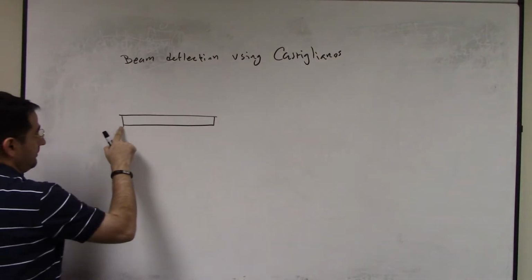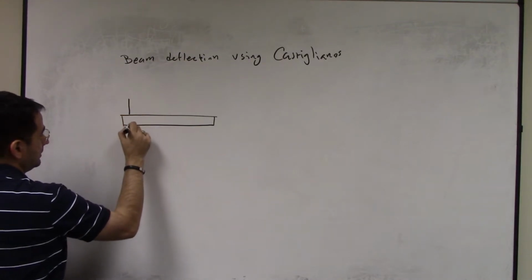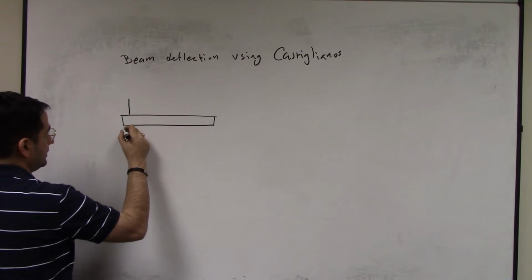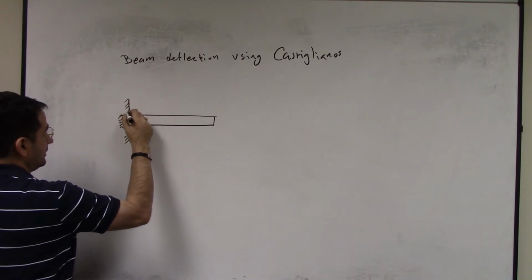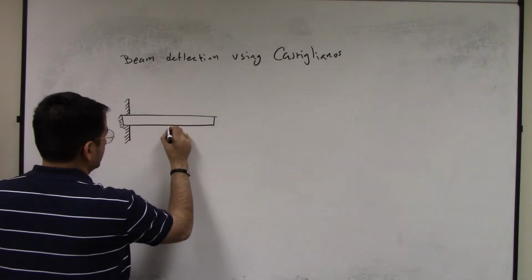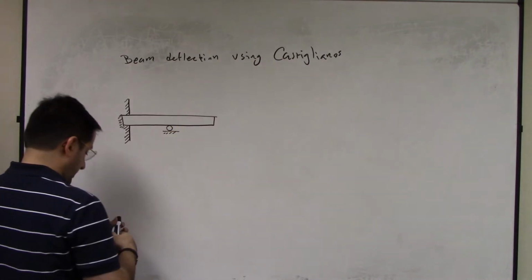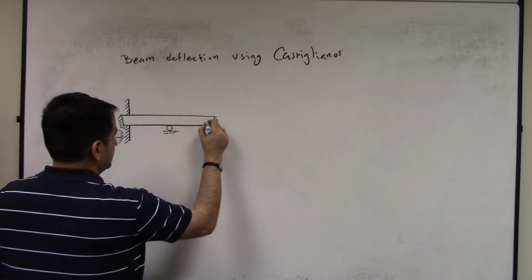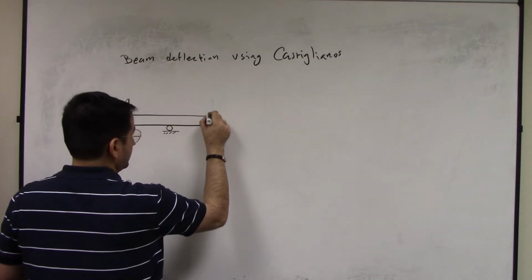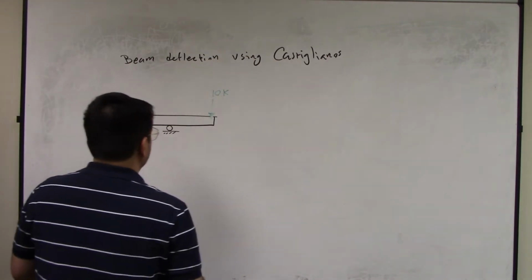So let's say we have a beam here, and the beam is fixed in the wall, and there is a support here, and there is a force of 10K applied here,